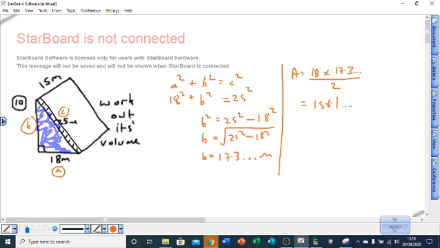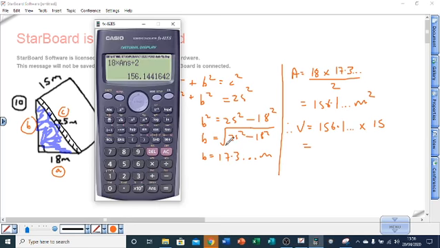156.1... It's not the final answer. That is meters squared, and that tells you how many cubes there are. So finally, therefore, the volume is equal to how many cubes are in the front layer, 156.1..., multiplied by how many layers we've got. We've got 15 layers, so times by 15. This is the final answer, so we can round it. So times that by 15, and we end up with